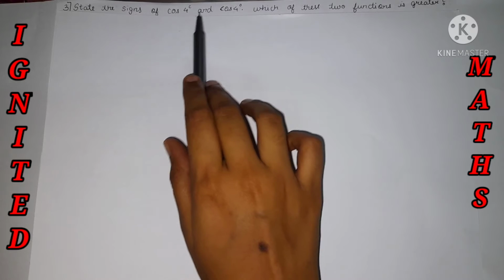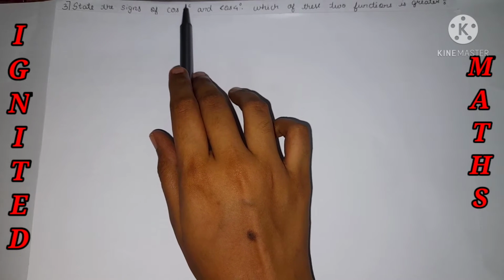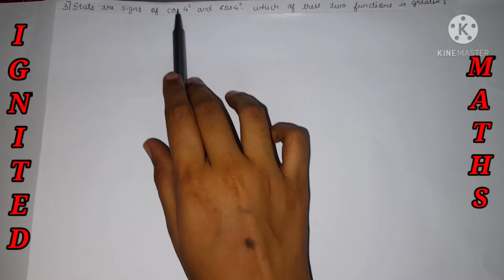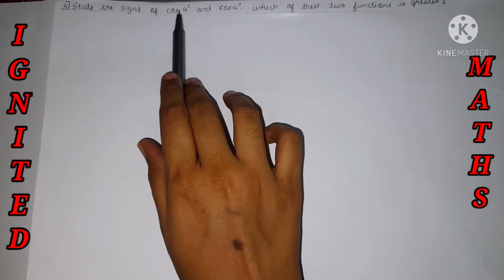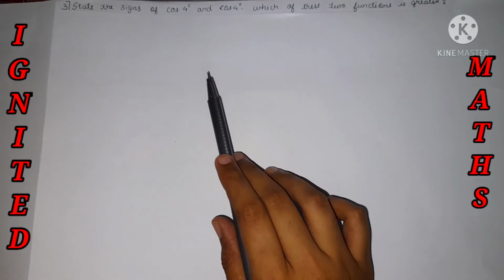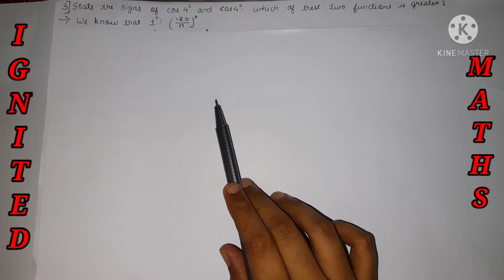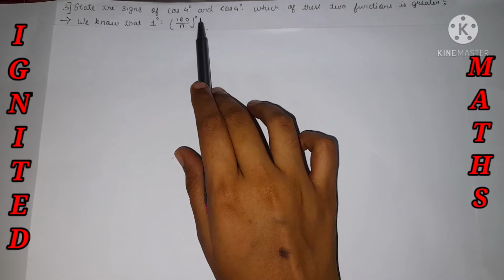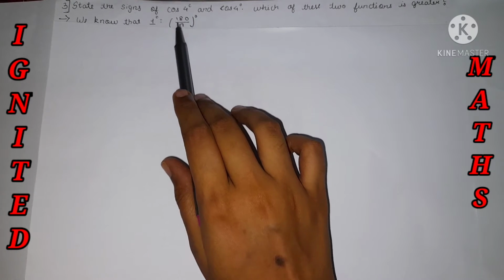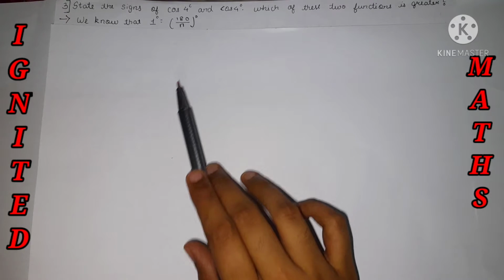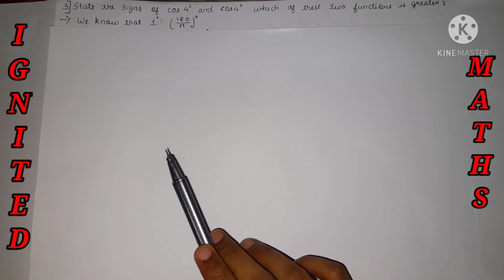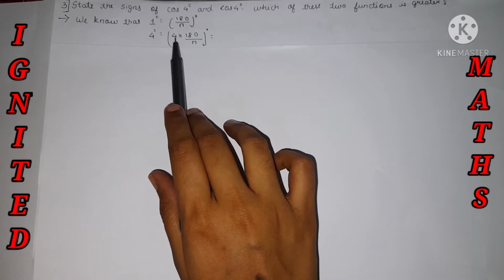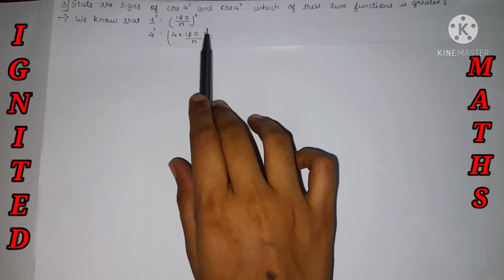Now the first function given is cos 4 radian. While doing this sum, we will separate 4 radian, convert it into degrees, and find the cos in degree form. While doing it, we will get the complete concept of it. 1 radian is equal to 180 by pi degree. So I'm going to convert the 4 radian into degrees to identify which quadrant it lies in. Now 4 radian is equal to 4 into 180 by pi degree.